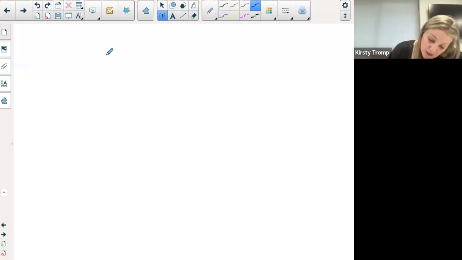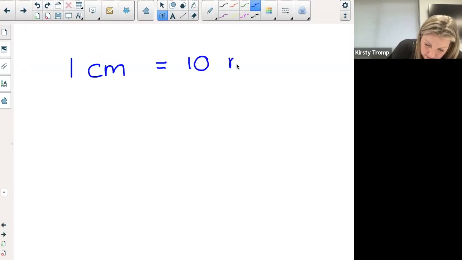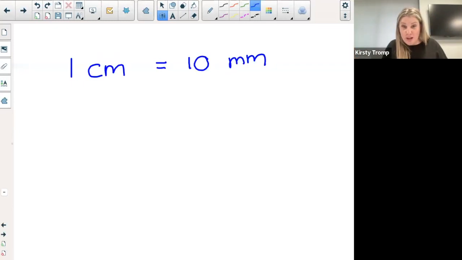All right. So we know that 1 centimeter equals 10 millimeters. Everybody knows that one. Do you agree? That one's on your ruler. That's the one we know. We know that one off by heart. Everyone good with me? Everyone's okay with that one? We're good with that one, hey? All right. Now,